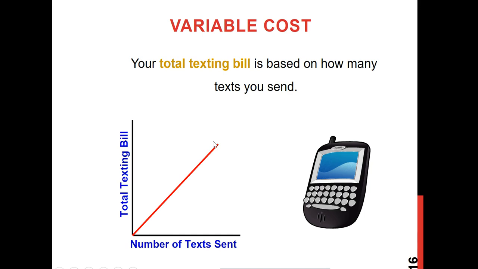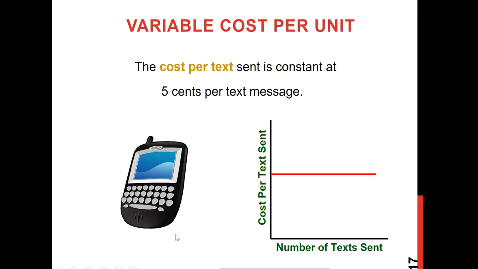increase. So variable cost is based on the number of units that you are producing, and the more you produce, the total amount of variable cost will also increase. But remember, per unit variable cost is fixed. The example I gave, per text, the variable cost is 50 cents. So per unit variable cost is fixed, but the total amount of variable cost will increase as the number of your product increases. Variable cost per unit is fixed, but the total amount of variable cost will increase as your